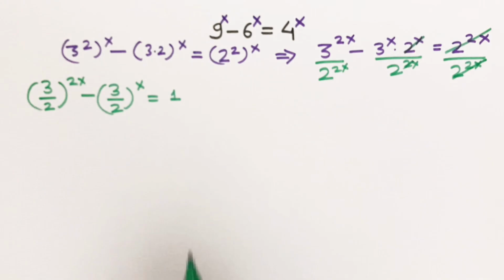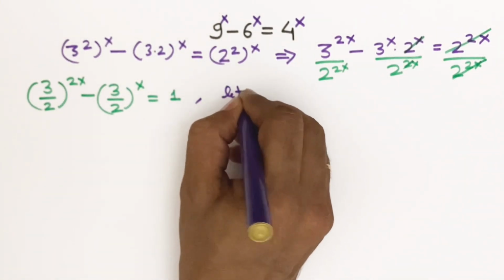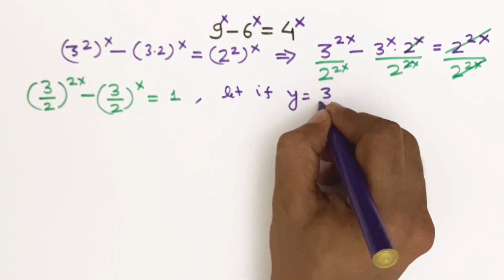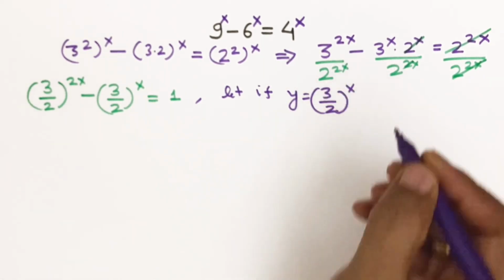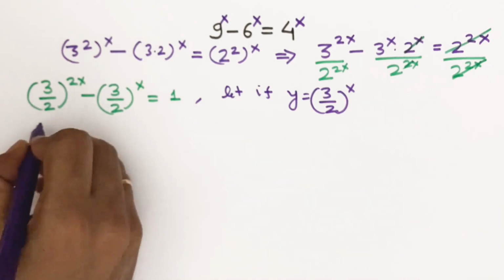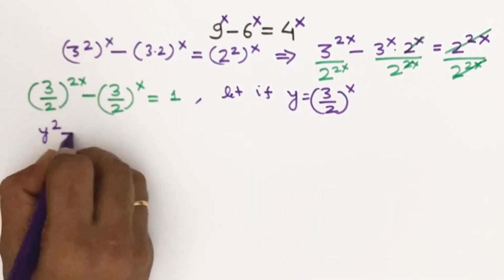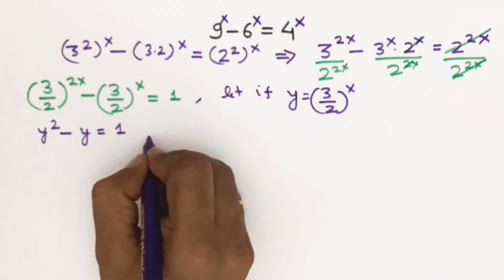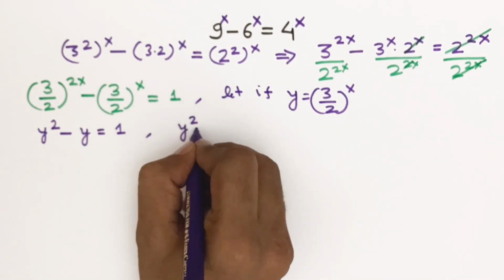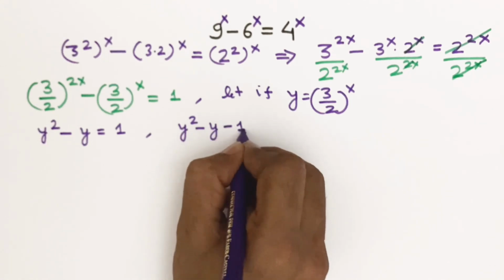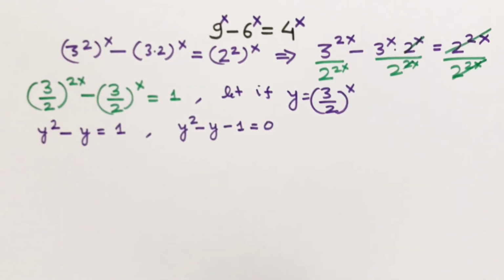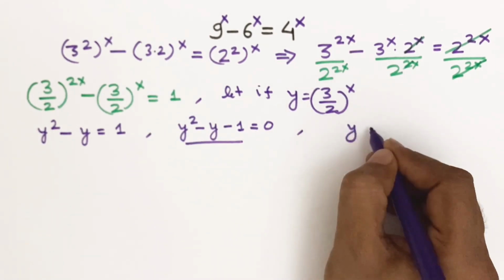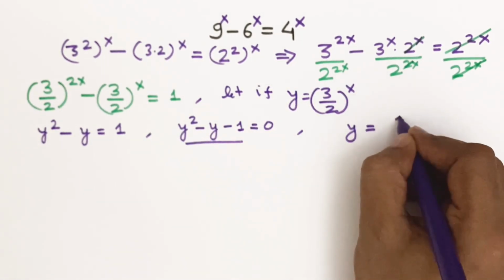1. Let's assume y equals (3 divided by 2) to the power x, so this can be written as y squared minus y equals 1, or y squared minus y minus 1 equals 0. Now this is in the form of a quadratic equation, so we can find the value of y equals